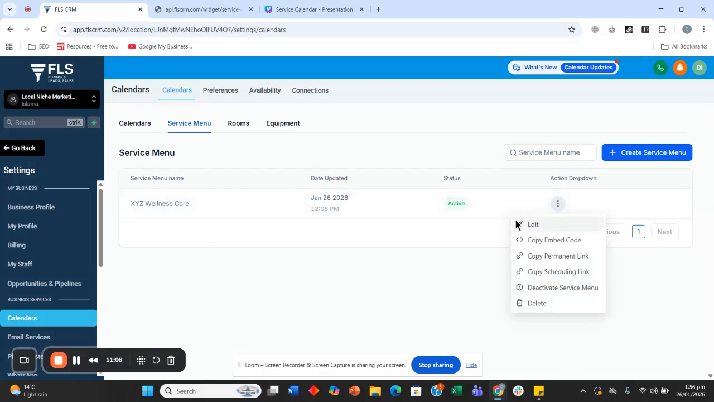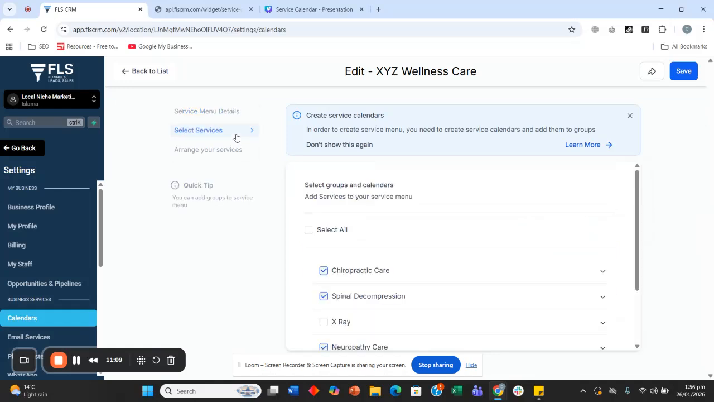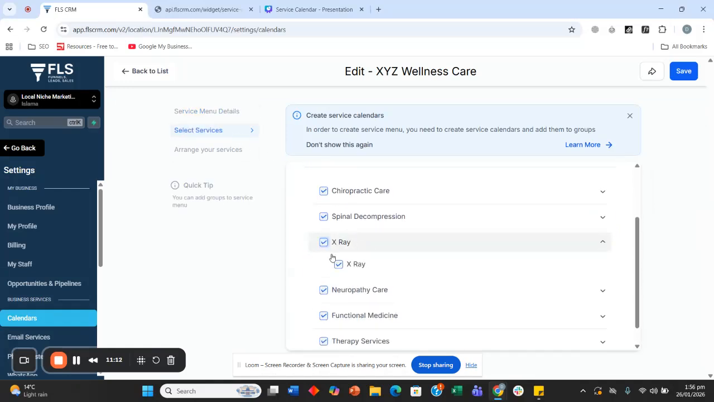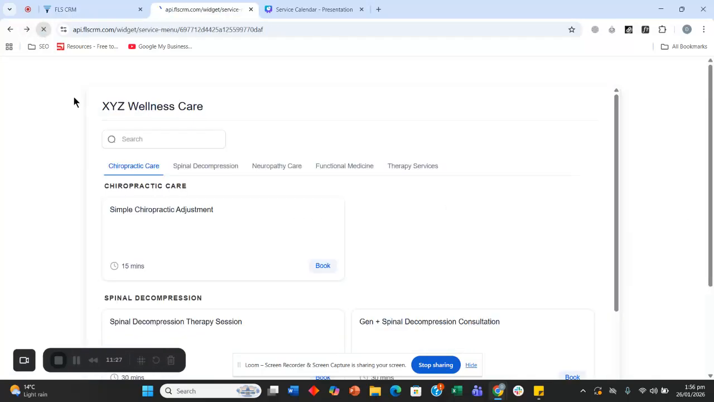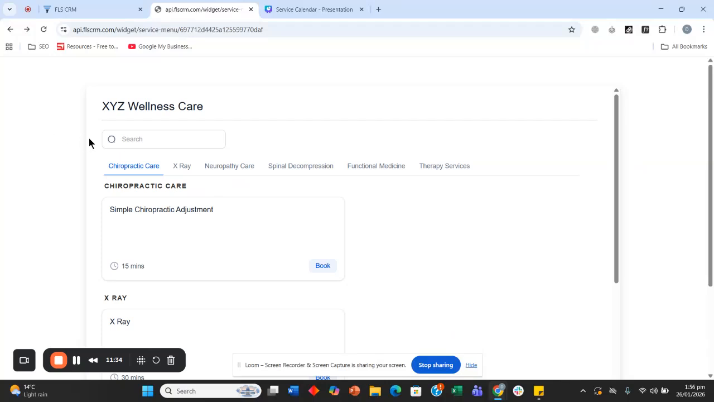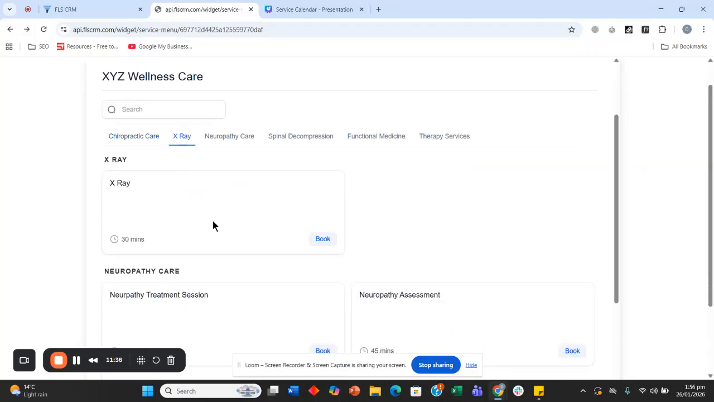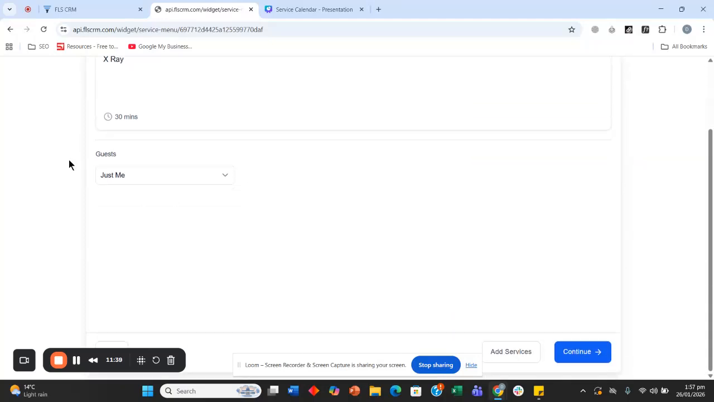So once you click edit or create a service menu, you need to call that service again. So in our case, it was an X-ray, and then you can arrange your services by just dragging that particular service below any service. So once you save it, that will appear inside your system. So if I refresh it, you'll then see the X-ray was recently added, and you can then book from here. Guests included, you can tell how many people are coming. Continue,